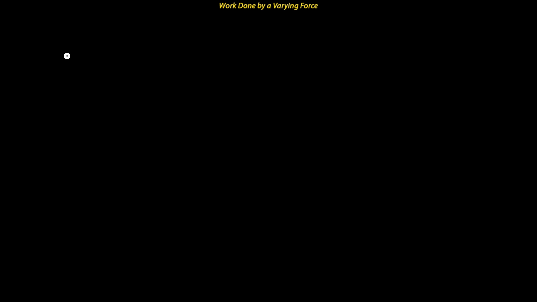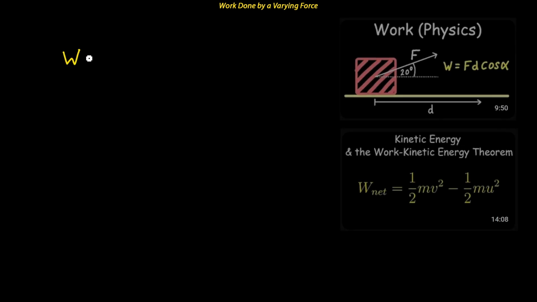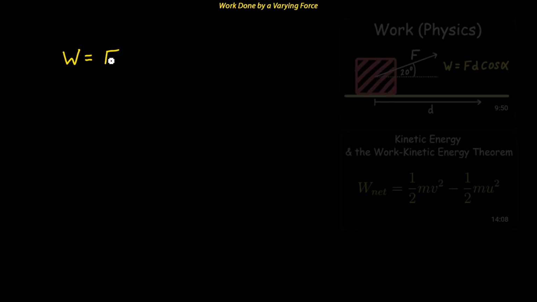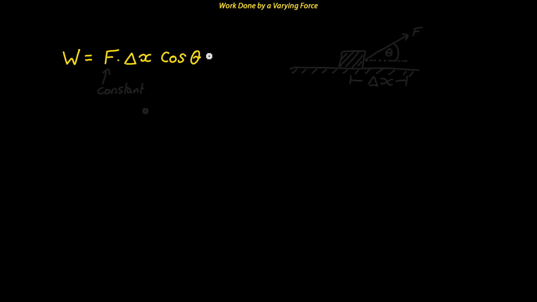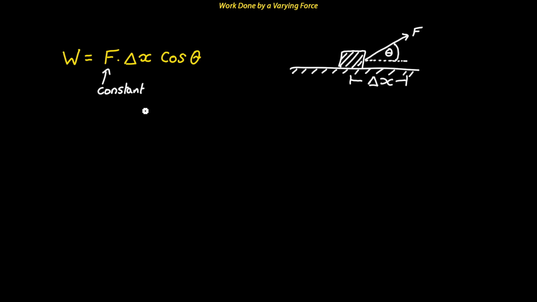Now, I've already made a couple of videos about work, which you can view in the card above, and I explained that the work done on an object is equal to the force applied to the object multiplied by the distance the object travels under the influence of this force, multiplied by cosine theta. And theta is the angle that the force is being applied to the object relative to the direction of its